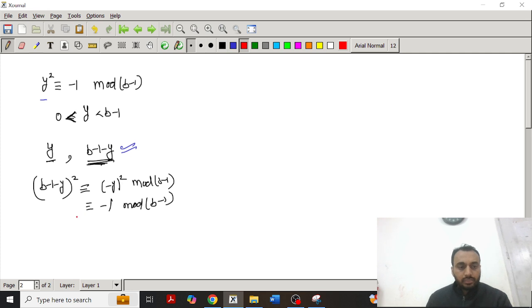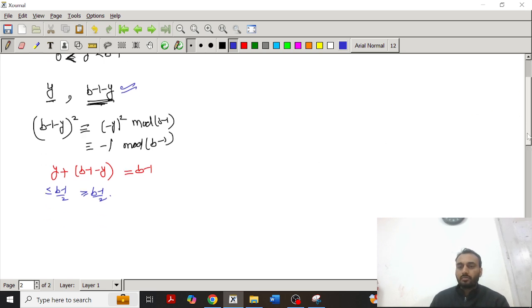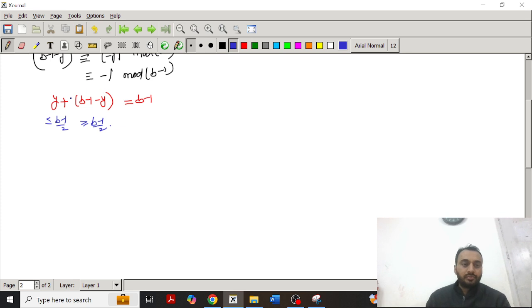Now this sum is b minus 1, no? Y plus (b minus 1 minus y) is equal to b minus 1. So I can say if one of them is less than or equal to b minus 1 by 2, then the other is greater than or equal to b minus 1 by 2. So I can say one of them is definitely less than or equal to b minus 1 by 2. So if I assume this is true, without loss of generality, that y is less than or equal to b minus 1 by 2,